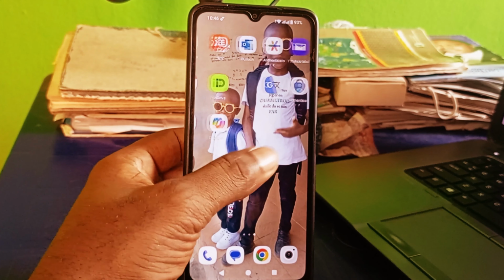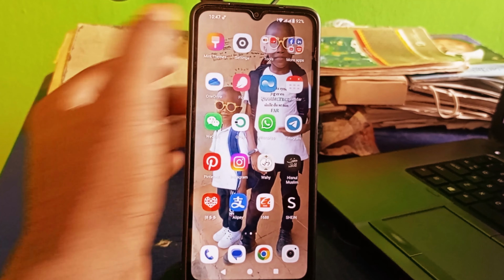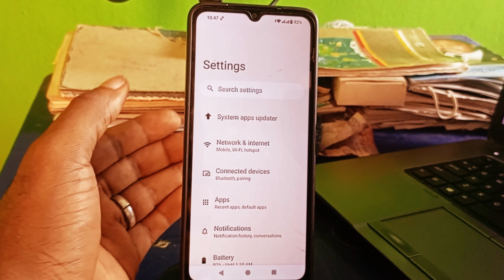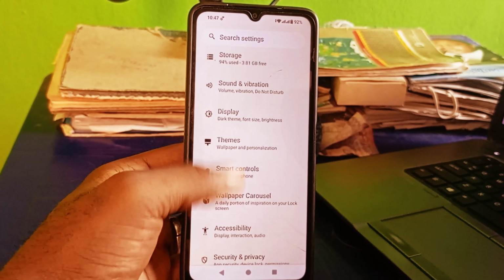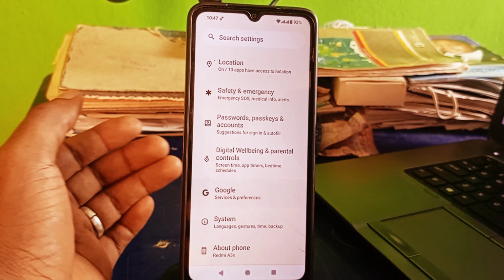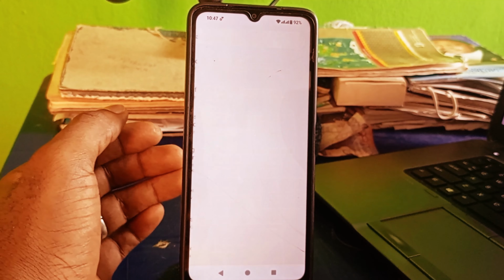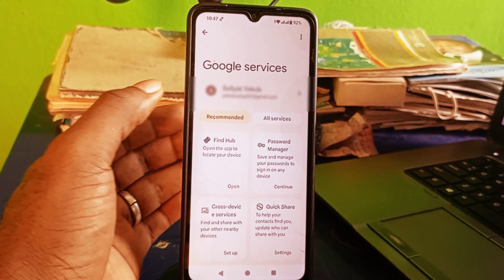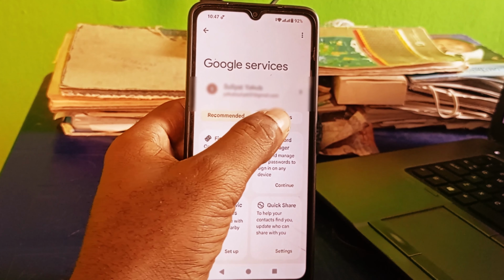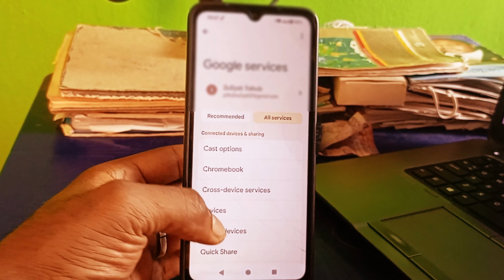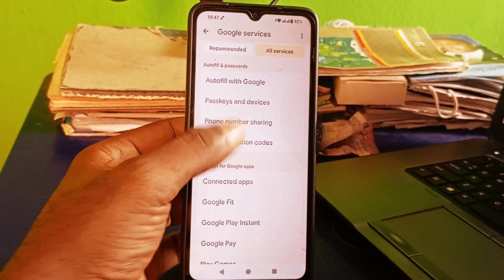Next thing we want to do is to go ahead and open up our phone settings. Having opened up our phone settings, we need to look for Google right here. Click on Google. Then it's going to take us right here. Next thing we want to do is to click on All Services. Then we scroll down right here and we make sure we look for